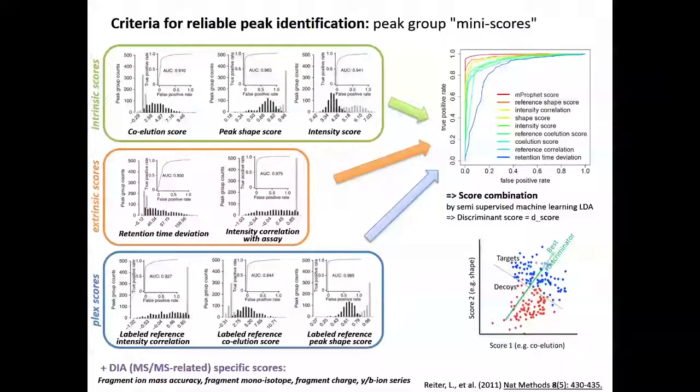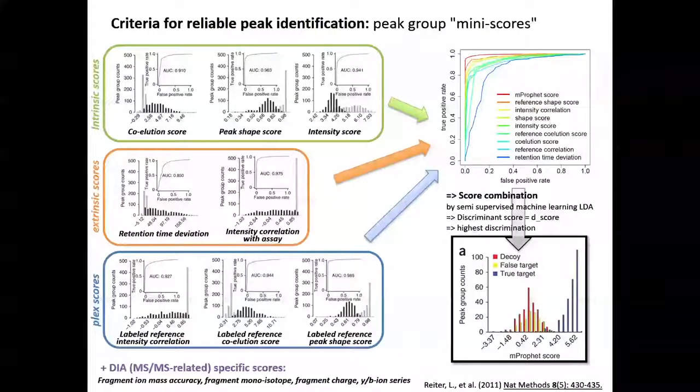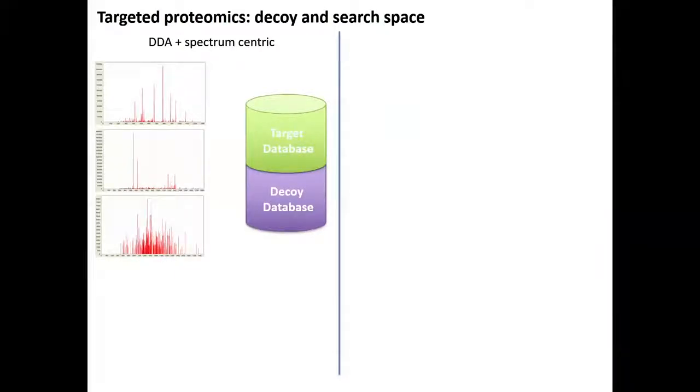And you do this in many dimensions for all these mini scores from chromatograms and MS2. And you get this type of profile. The machine learning tries to separate, as well as possible, the true targets, these are the best scoring targets, from the decoys. And by learning that, you can then manage to separate the true targets from the false targets. And then you can see the separation between your true hits identified and the false hits, which were not detectable in your samples. So this is the concept of targets and decoys which I wanted to show you,